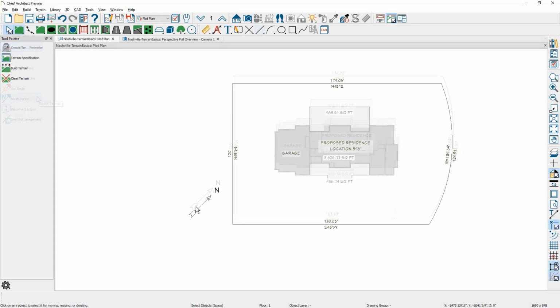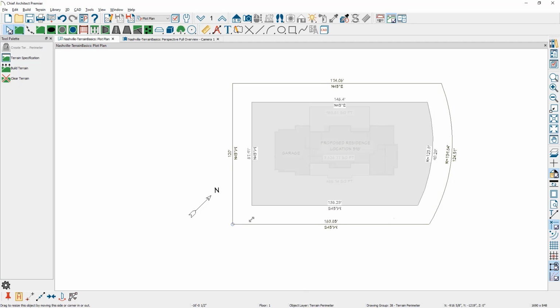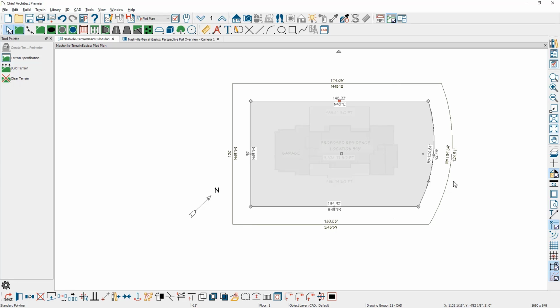To display the setback for this plan, I'll click on the terrain perimeter. I'm going to use the copy tool in my lower left hand menu, move my cursor over the corner. I'm going to hold the letter C down for concentric. I'm going to click and drag, and as I'm pulling this in for the setback, I am going to press the tab key before I release. I'm going to type in 15 feet in the X and 15 feet in the Y direction. Notice that the polar is turned off in this case, and then this will create a concentric copy.